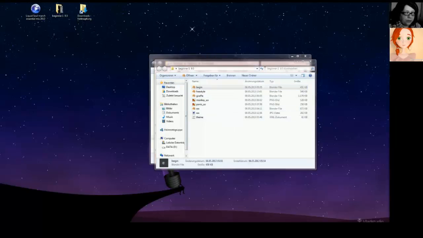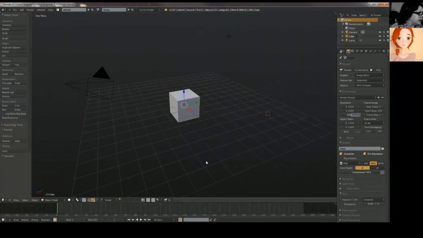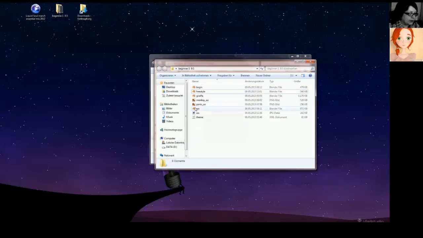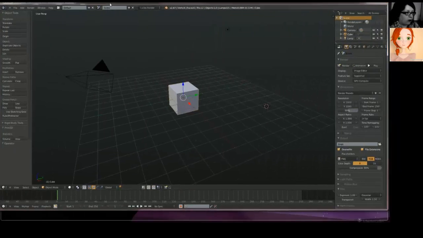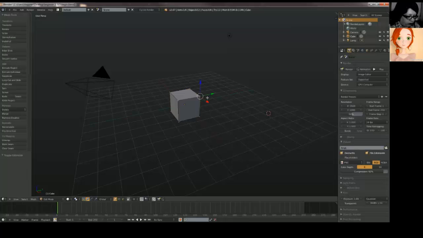One thing some people ask me about: when you have your file and save again, it makes a file named blend1, dot blend1. You can delete this. I don't know why it takes so much space on your computer. You can delete it and open the file again.